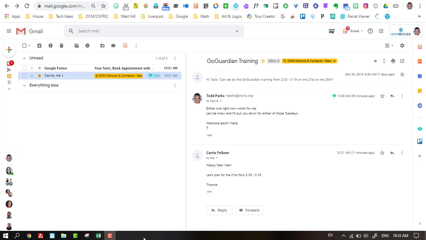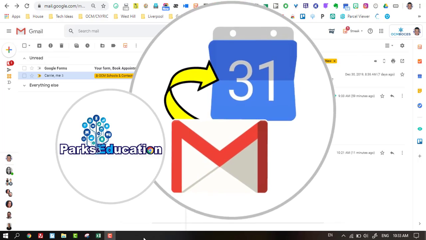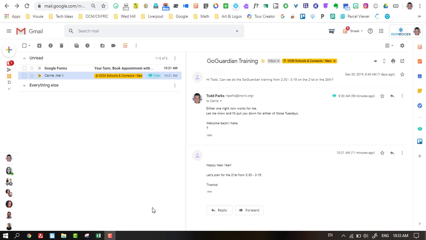I'm going to show you how to take an email and quickly set it up and put it into your calendar. A lot of people may not know this. I see that I have an email and I want to take it and make an appointment from it without having to switch tabs. And so what I'm going to do, I know it's going to be on the 21st